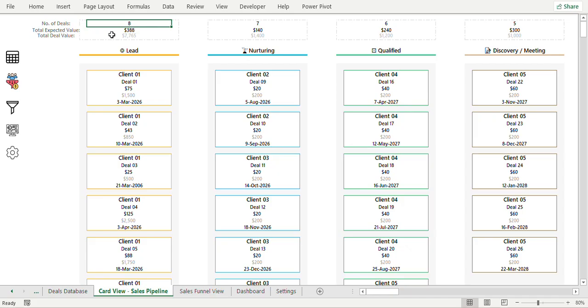Next is the total expected value. So this is the total value at this stage, the expected. We have multiplied the total value with the probability, and then you have this value, and this is the expected deal value. This is the total deal value,